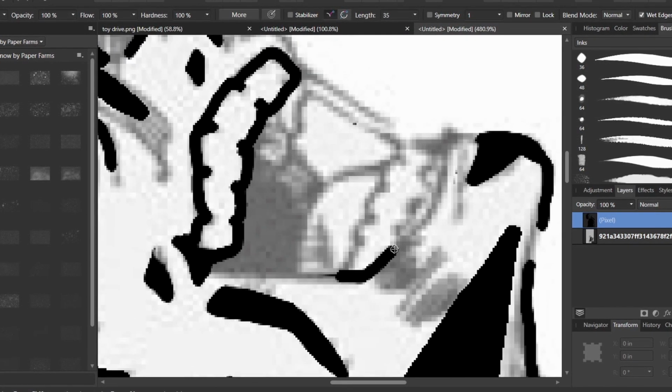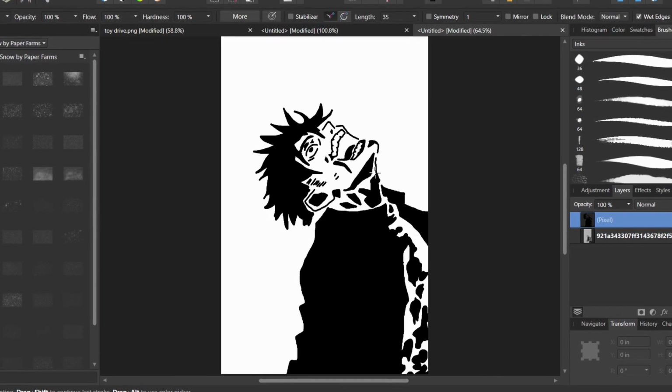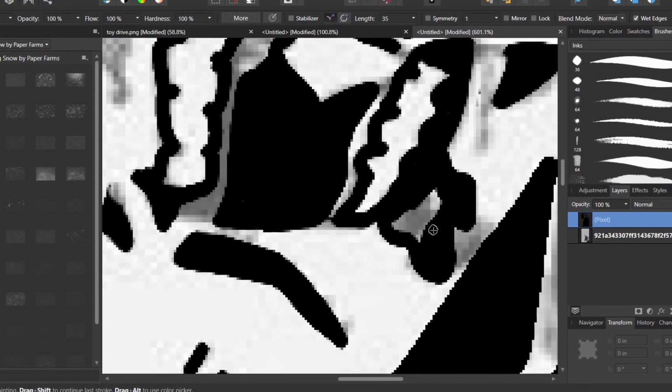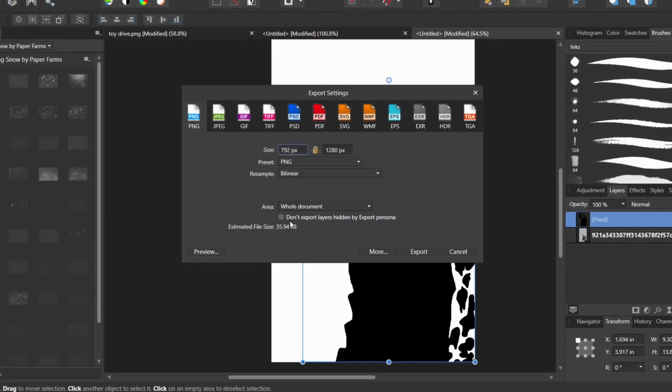You can get one of those at like Walmart, probably even a Dollar General. If you have one of those, you can get one for like 10 bucks. Be careful though, because they are sharp. And now I'm sure you're wondering, how are you going to get this digital drawing you made onto your sheet